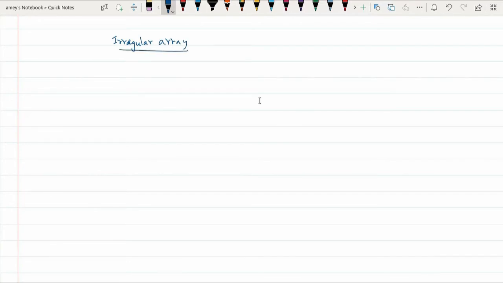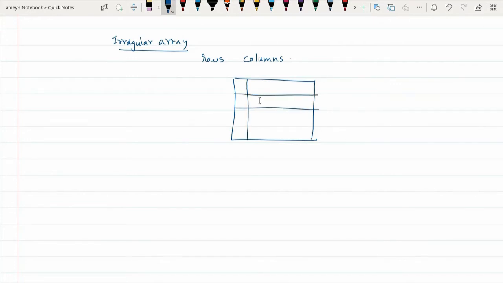Okay, graphically, what is an irregular array? Basically when you talk about a two-dimensional array, it will have rows and it will have columns. In your normal matrix which we are talking about, maybe the number of rows will change. These are rows. So this is 0th row, first row, second row, third row.